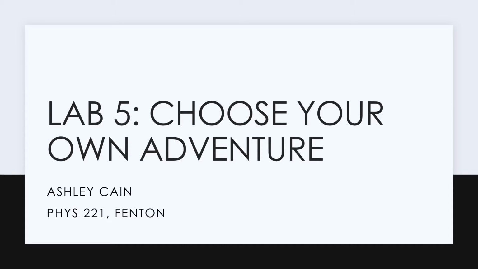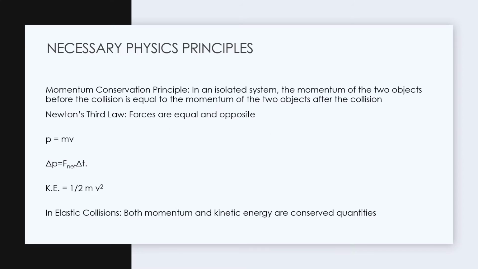Through this computational model, momentum of the two cards as well as their kinetic energies were able to be observed and analyzed. The momentum principle, as well as Newton's second law, was essential in the creation and understanding of the computational model. The main principle used in plotting the motion was the momentum principle, knowing that momentum is equal to mass times velocity and that the total momentum will remain constant through the collision, given no external forces are acting